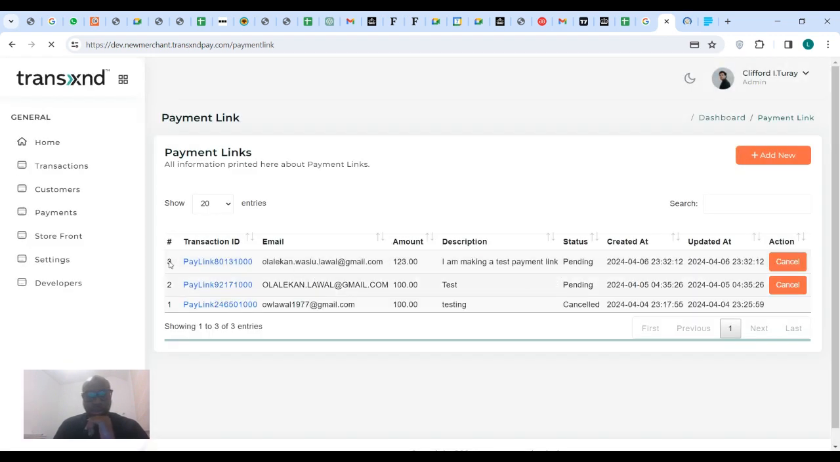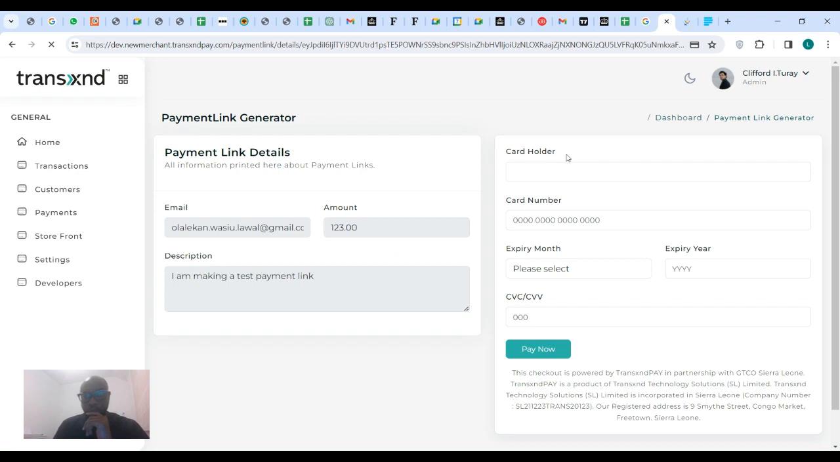So this is it, payment link 8013. Now, anytime you click in the link, it should not show here the payment details, the payment form, right? It's a payment link. The form should be at the customer side. So all this needs to show here is the payment link details: the email address, amount, currency, description, maybe any